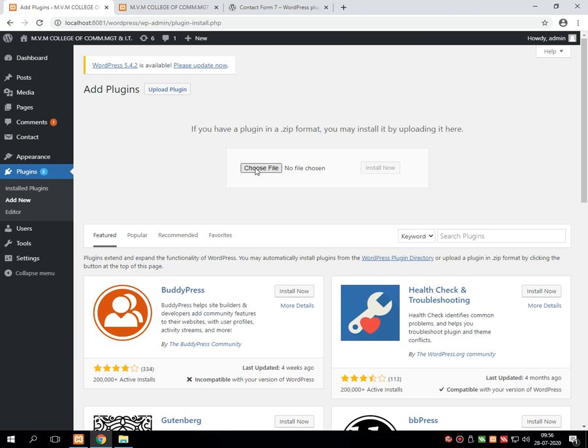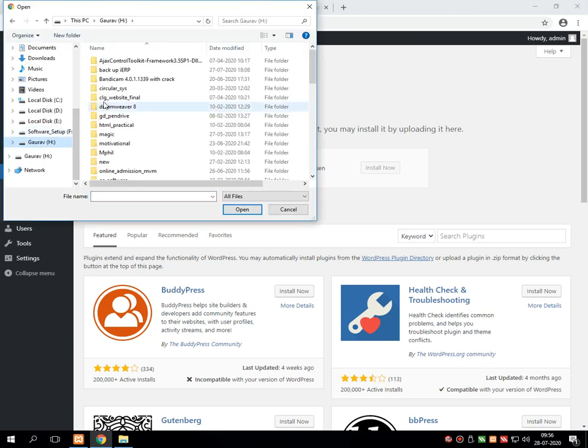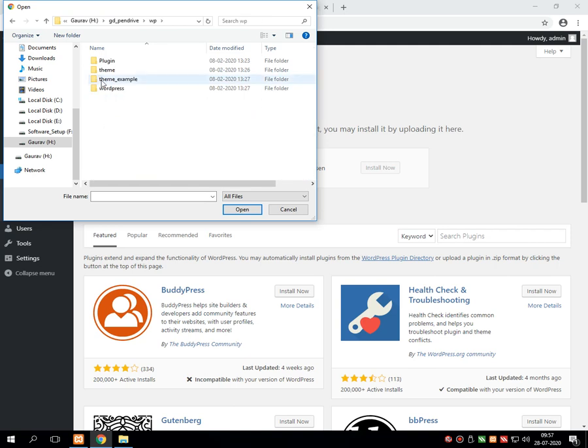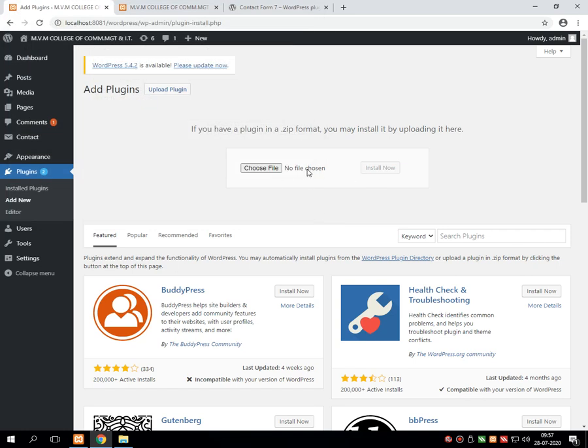From choose file we selected the location where the downloaded plugin is present. That means I selected this zip file which I had downloaded. Then OK. Once the file location is given, I pressed install now.